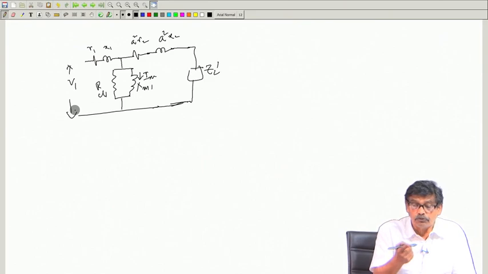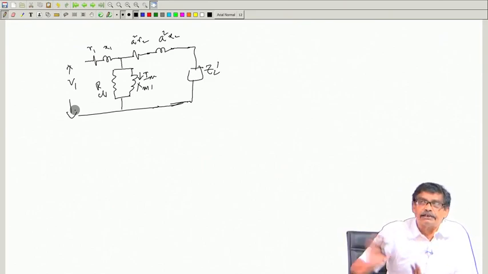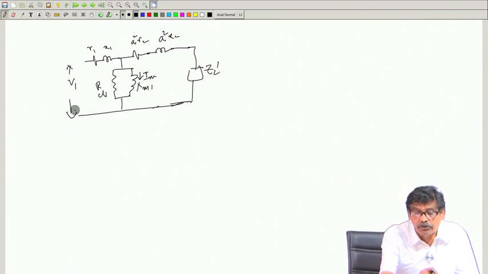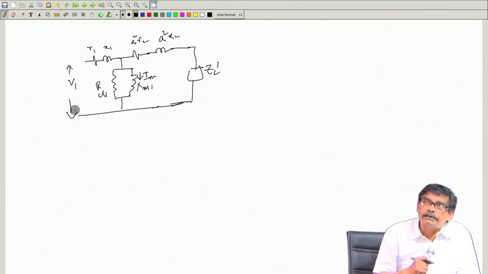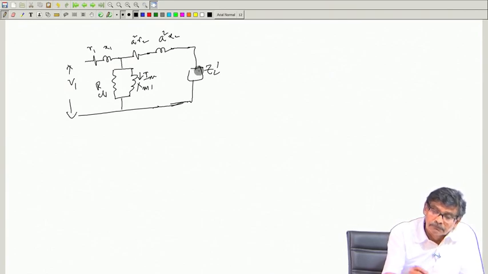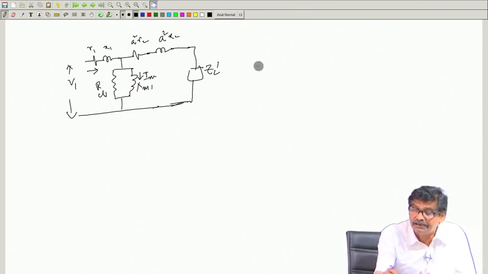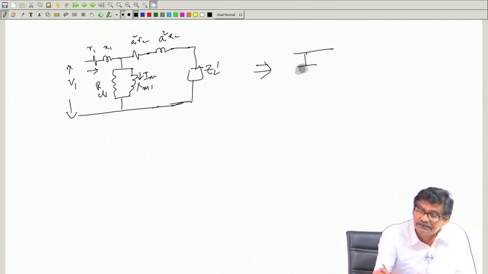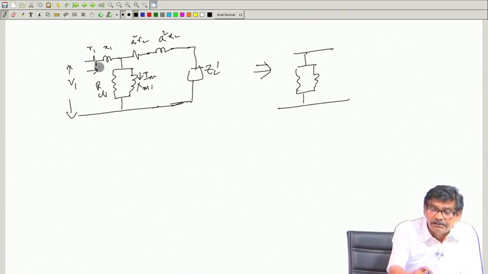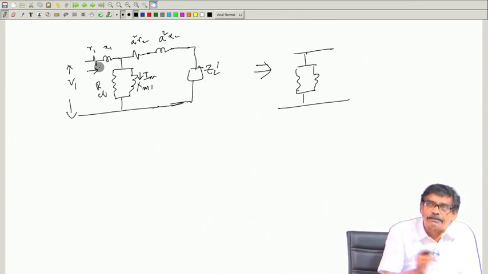Now, what do I mean by no load first? No load means nothing is connected on the secondary. Therefore, the current drawn will be the no load current. And when you connect load, this current will change. Earlier the no load current was very little, 2 to 5%, so this drop could be practically neglected. That is why we drew the approximate equivalent circuit earlier. But anyway, this voltage decides magnetizing current, hence flux.